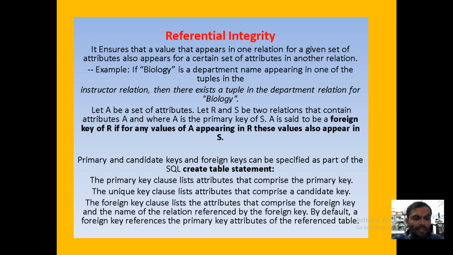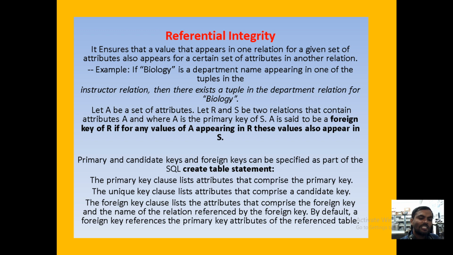Always, under the parent table, the primary key exists. Coming to the child table, it acts as a foreign key. What values will be under the primary key? Unique values. Under the foreign key, those values will be available, or duplicate values of the primary key will be available under the foreign key.